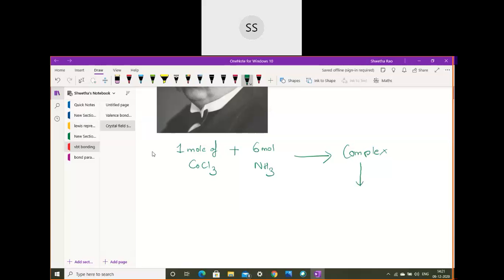What happened is when he checked for chlorine, to check for the chlorine, you remember the test, students, you were doing the confirmatory test for chlorine in the lab. Do you remember what we were adding to get the white color precipitate in the lab? Can you just recall and tell me, what was the test we were doing for chloride? What were the reagents we were adding? You were going to the side shelf and adding a certain reagent. Can you recall what that reagent was, to check for chloride ion?